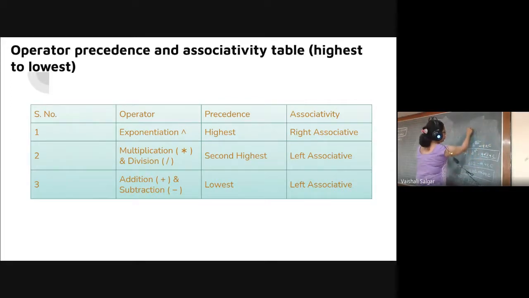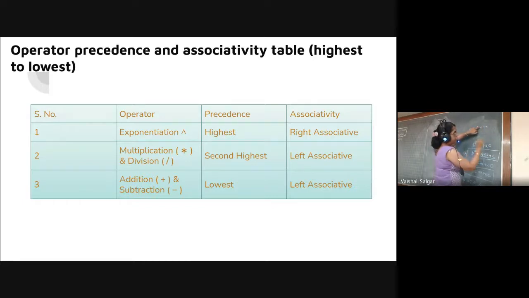Okay. So now what we have is B square minus 4AC. When I evaluate this, B square minus 4 into A into C, initially it will be B exponential 2. So you will have B 2 and then the exponential operator. Then, because there is minus and then multiplication, the multiplication is evaluated first. So 4 into A will be evaluated first, so I will have 4A asterisk, with the minus sign still there.